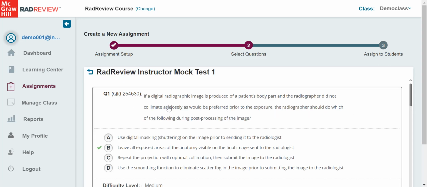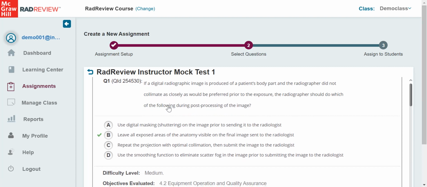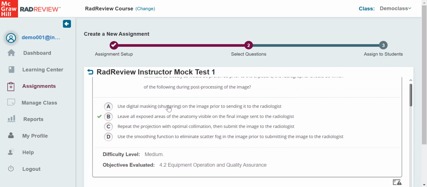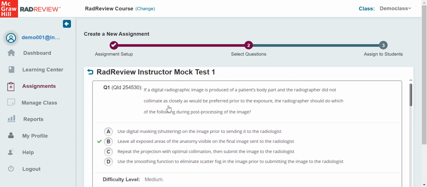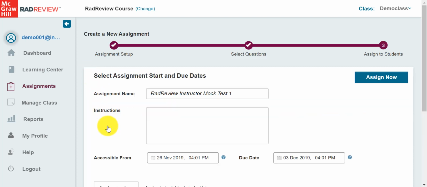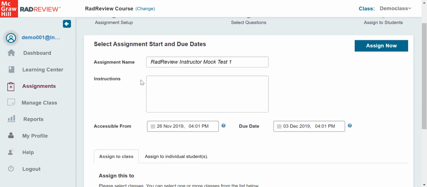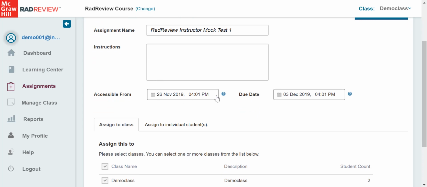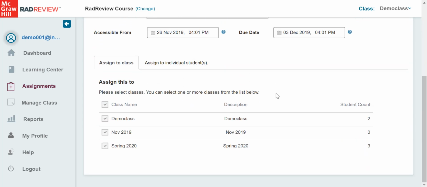Students will have the option to pause the test at any time and resume it later. Students can only take the test once. If the instructor wishes to reassign the test, the instructor must wait until all students who were assigned the test have first completed it. And by selecting the button for Assign, the instructor can once again enter in the assignment name, any relevant instructions, accessible from and due dates, and the class sections or individual students with which to share